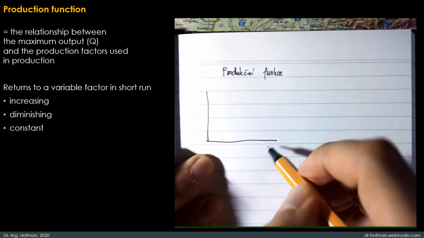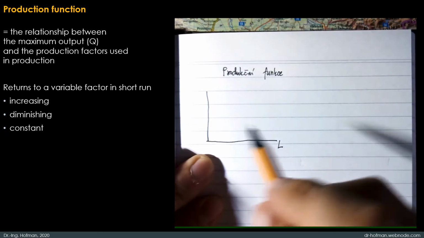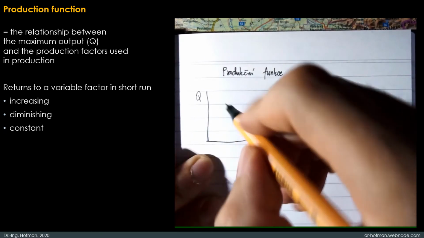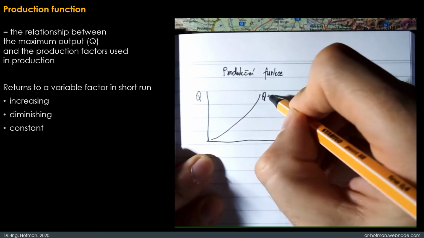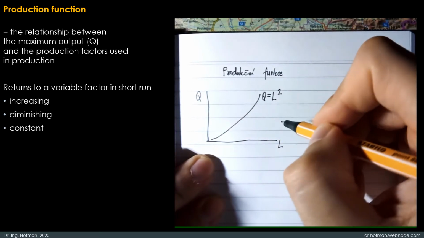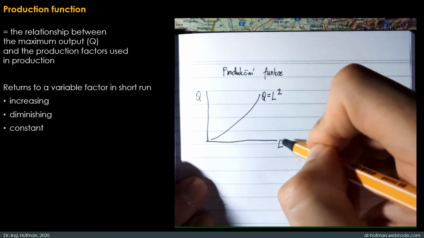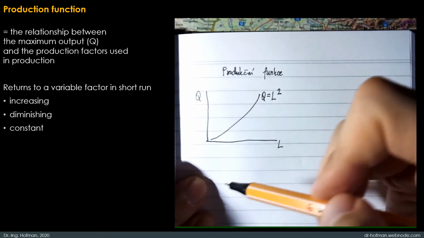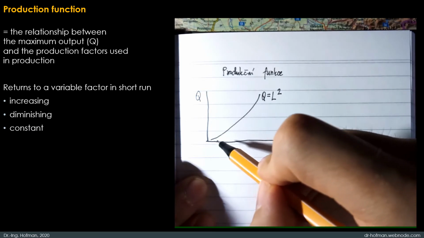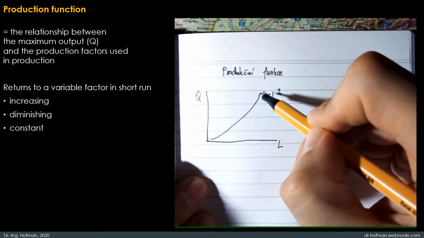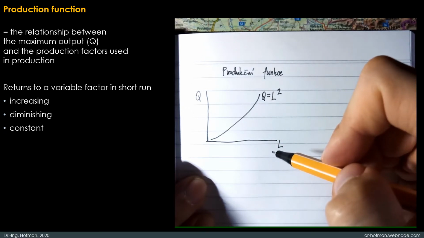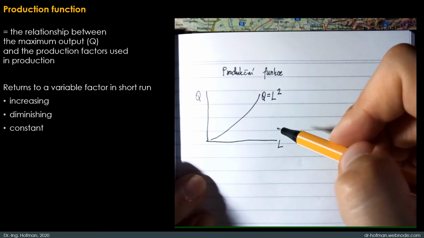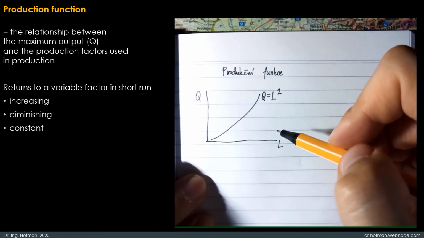Production function is the relationship between production factors used in production. L here is labor, and maximum output Q here is the total product. From this situation we choose the increasing returns to variable input. Output increases more than proportionally to the increase in the variable input, so the total physical product curve rises steadily. We can calculate the marginal and average physical product